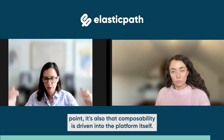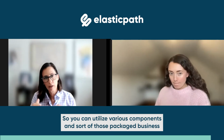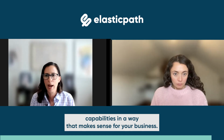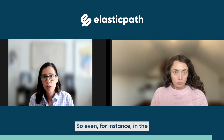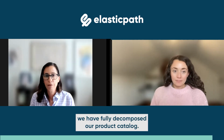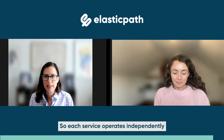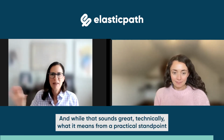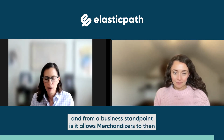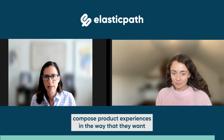But to Hannah's point, that composability is also driven into the platform itself. So you can utilize various components and those packaged business capabilities in a way that makes sense for your business. Even in the context of a catalog, we have fully decomposed our product catalog, so each service operates independently. While that sounds great technically, what it means from a practical and business standpoint is it allows merchandisers to compose product experiences in the way that they want, as quickly as they want,